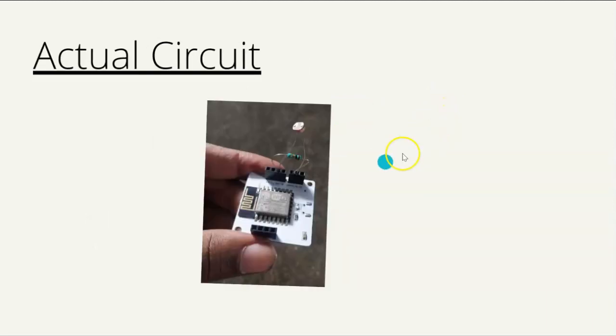Now this is the actual circuit. This is a Wi-Fi module, and to this Wi-Fi module there is a pin that is power supplying. To that I'm connecting a sensor to give the voltage, and the other pin of the sensor is connected to the analog to digital converter. That is the point where it measures, and from that point I am connecting a resistor in series with this, and the other pin of the resistor is to the ground.